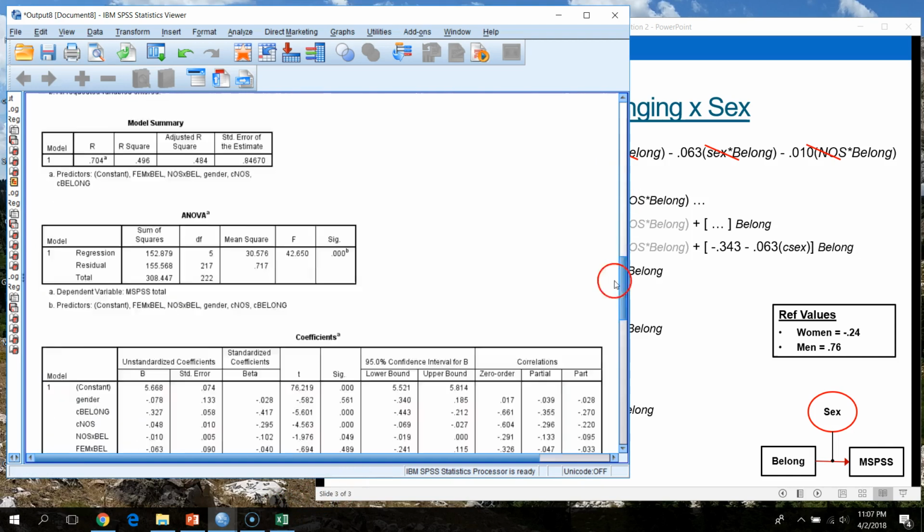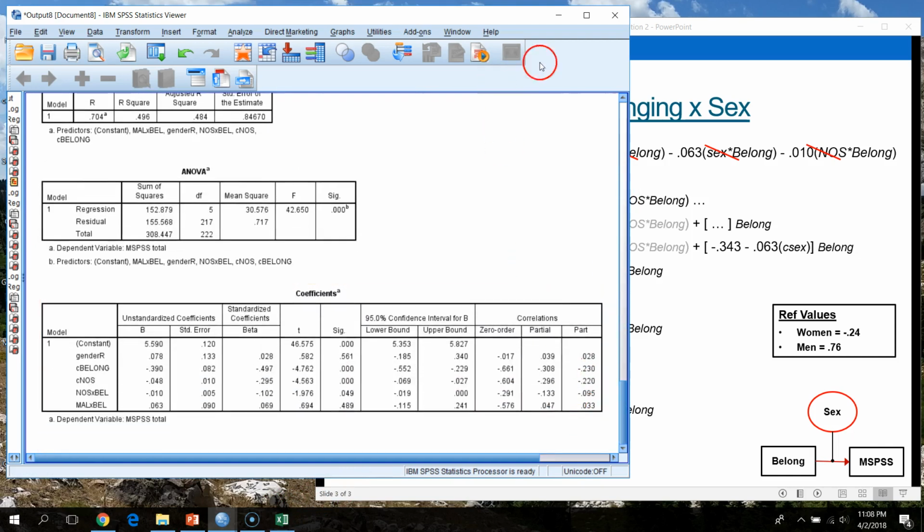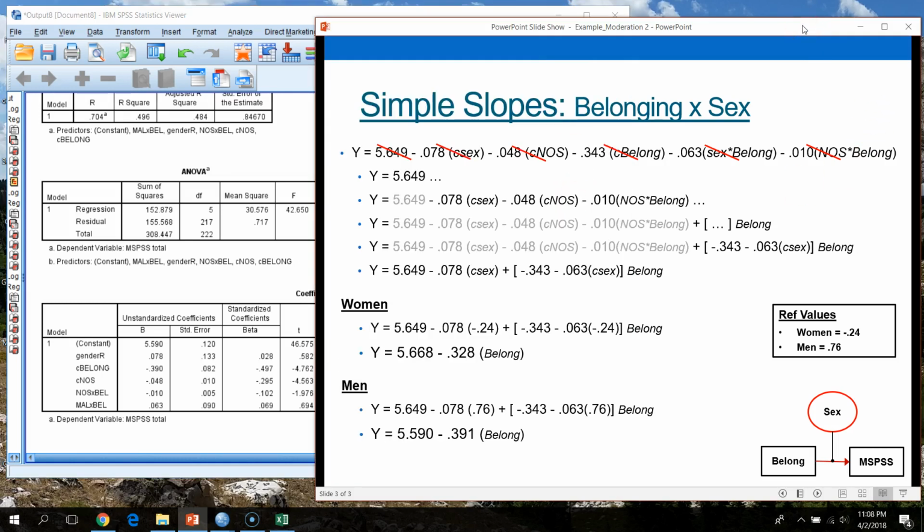Hopefully this makes some sense. Hopefully this was informative. This was a little bit different because we had sort of the same conditional effect across both of our moderators, but hopefully this gives you a sense and helps solidify some of these procedures. Again, the biggest thing is making sure that you haven't made mistakes. So all the double checks that we went through and ran in class and in this video, make sure that